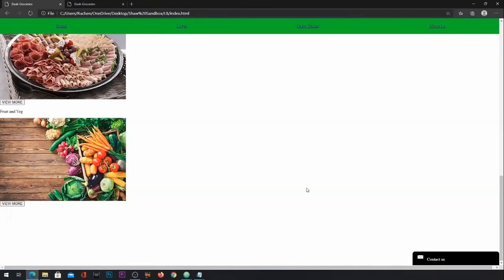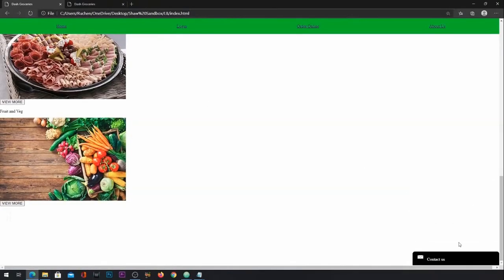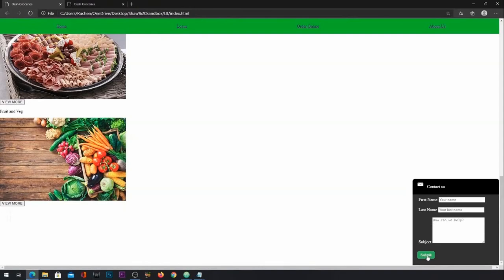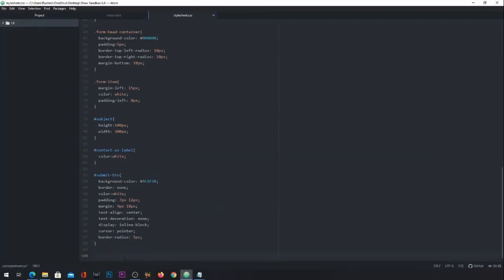Okay, so I go back over and I refresh this now. There you go. So my pointer's changed as well. So my button is nice and rounded, and instead of just showing a boring old pointer, I've got this hand as I hover over this. Okay, just a bit of slight detail in case you're wondering how to add those kind of features to a website. Now the next thing I want to do is change some sort of transition in my